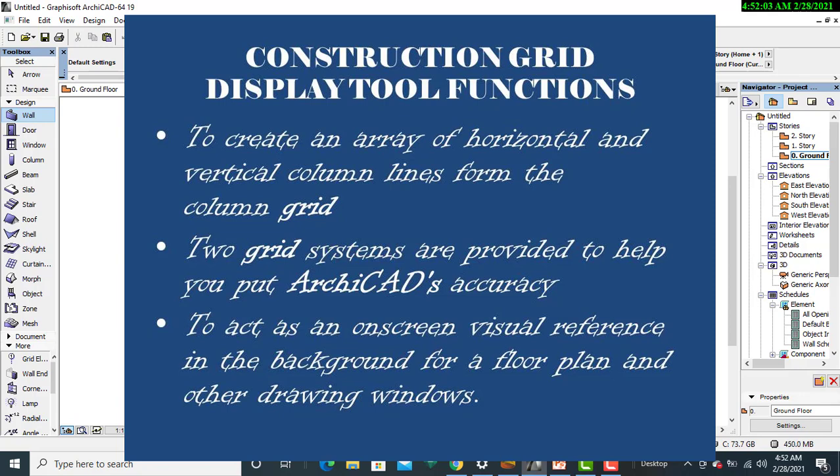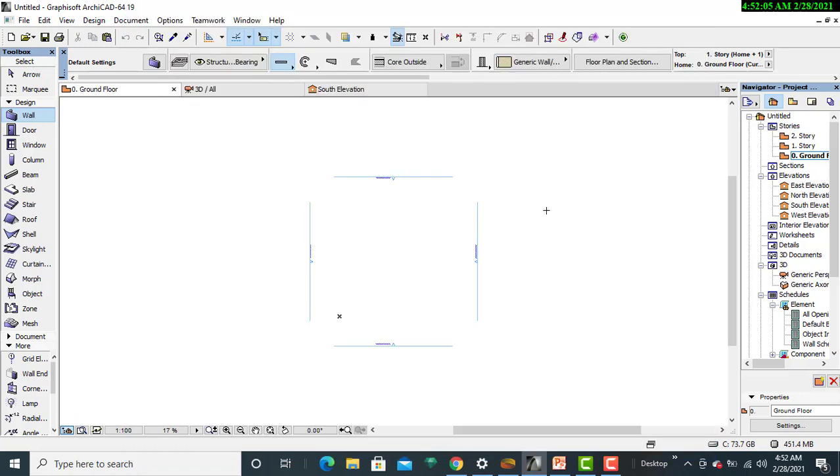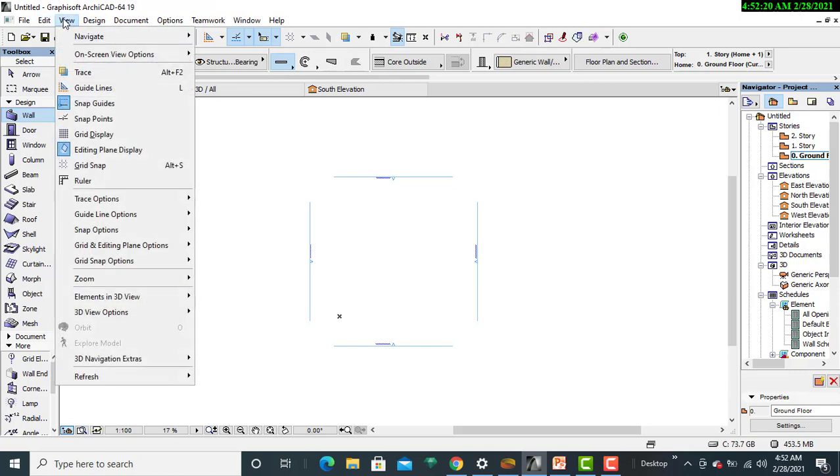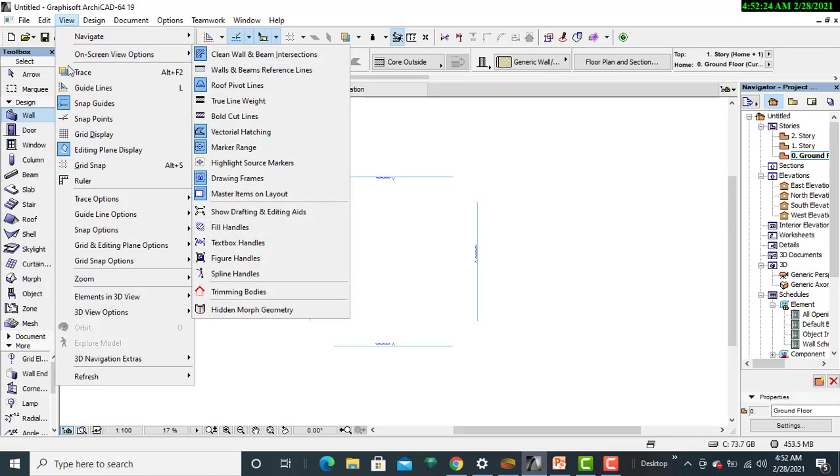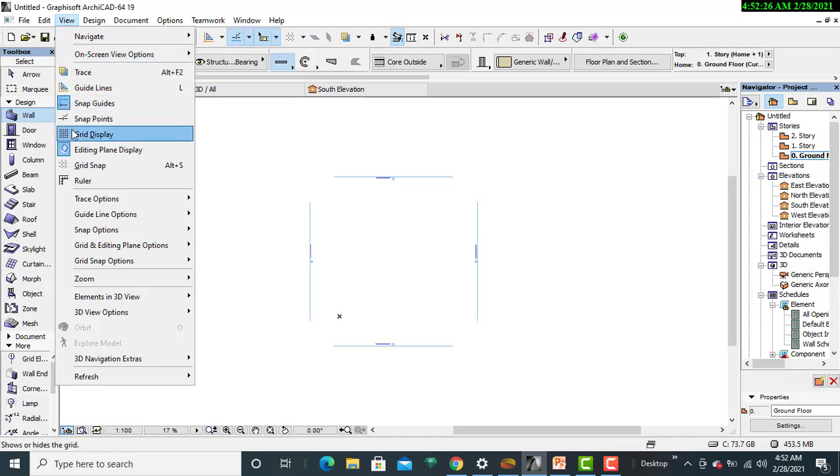So I'm having my screen here that is playing, and the first thing that I'll do to ensure that I have my construction grid in place is to go to the settings plane, where I'll go and select view. Then I'll follow this arrow keenly and I'll locate the grid display.